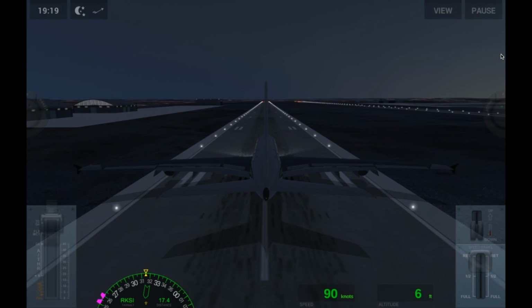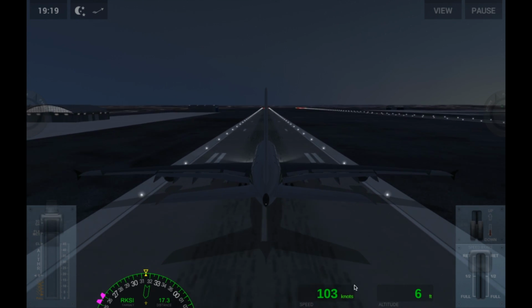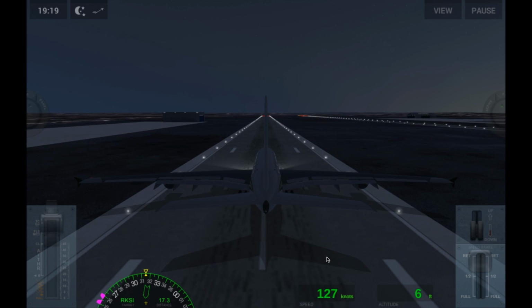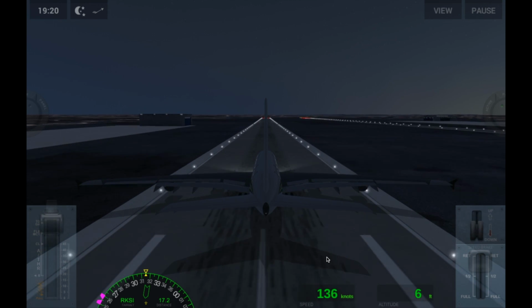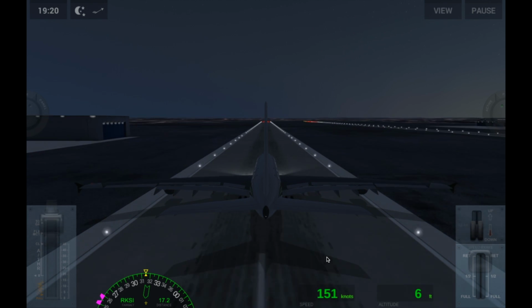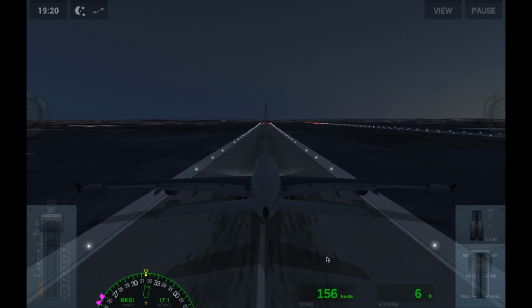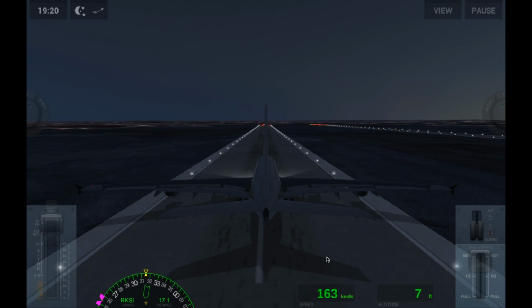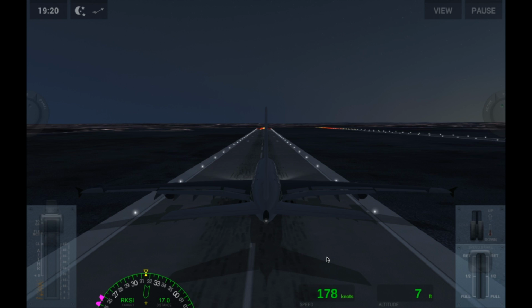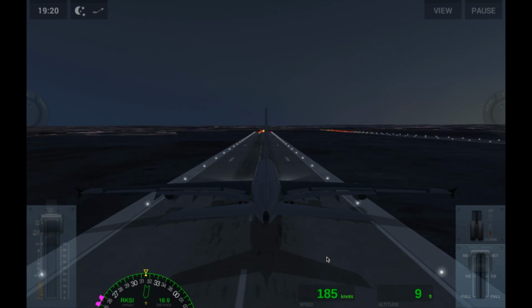So our plane's just got to gather speed. We usually should take off around 180 knots. That's the safe time. If your plane feels like taking off earlier, trust me, it will let you know. But as of right now, this plane seems to like 180 to 190 knots before it takes off. Alright, so you can just start slowly